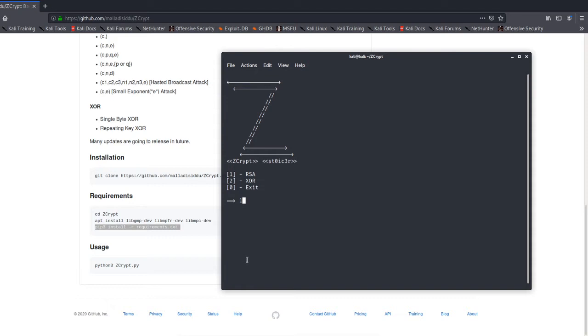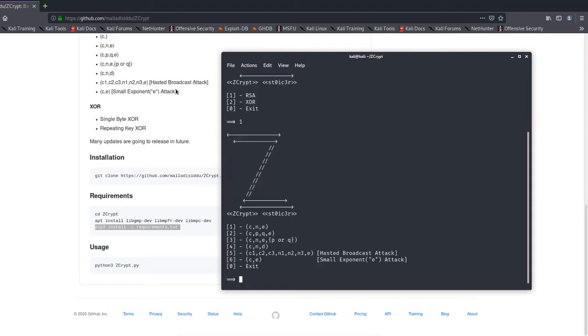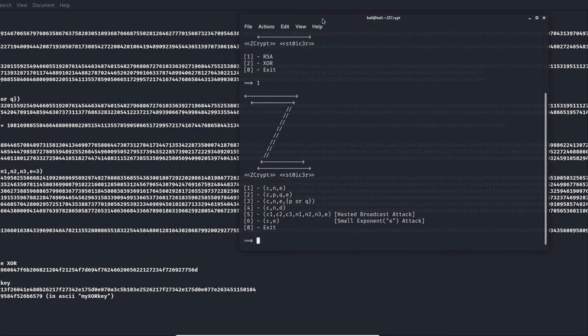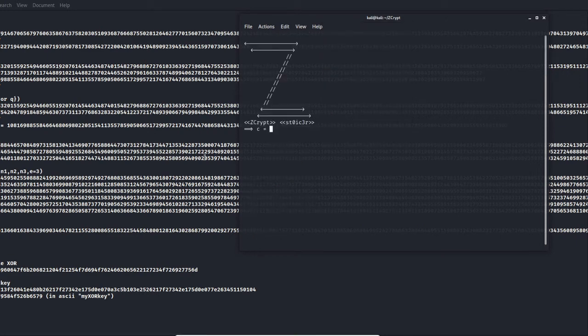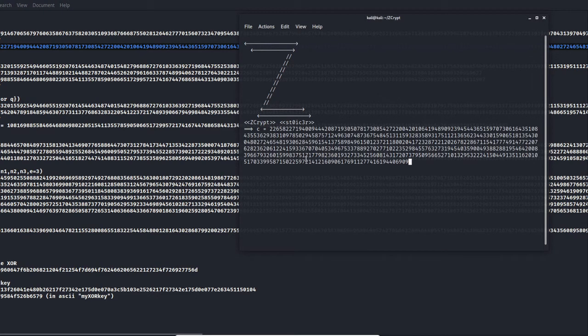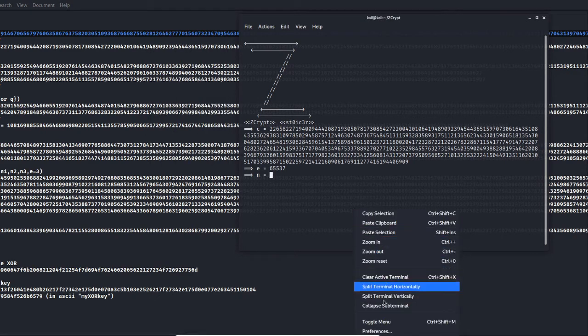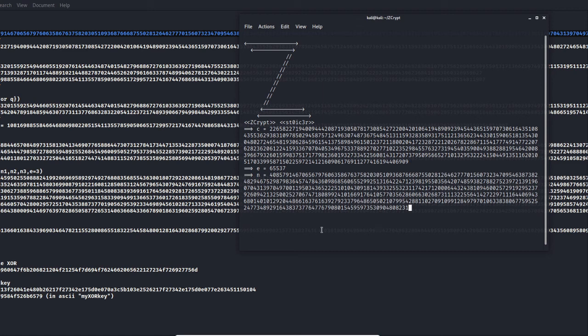Let's see the RSA demonstration first. I came up with some examples to demonstrate. First one we'll see. Yeah, that's cool, right? The next one.